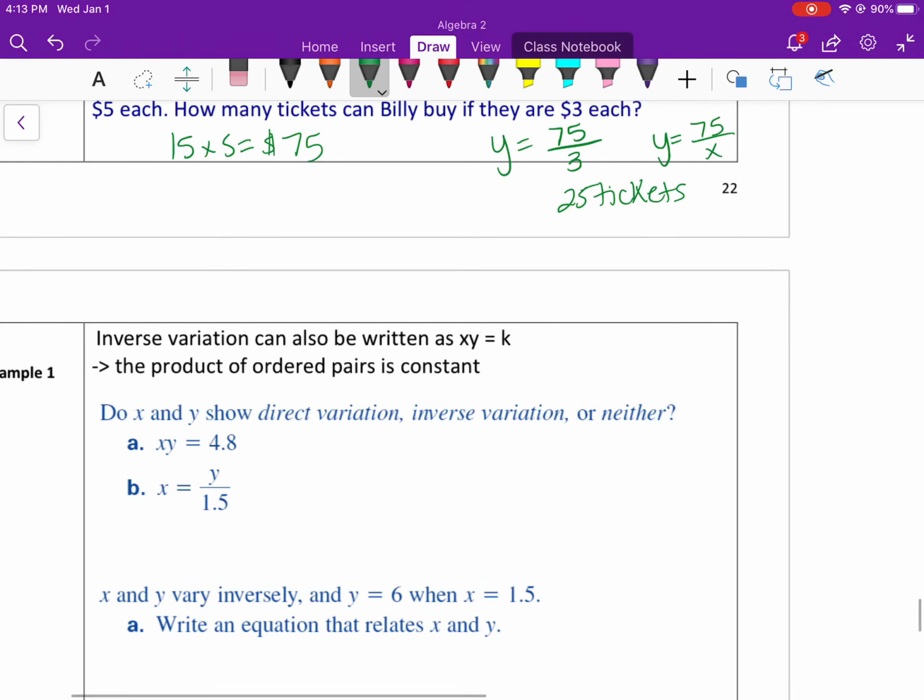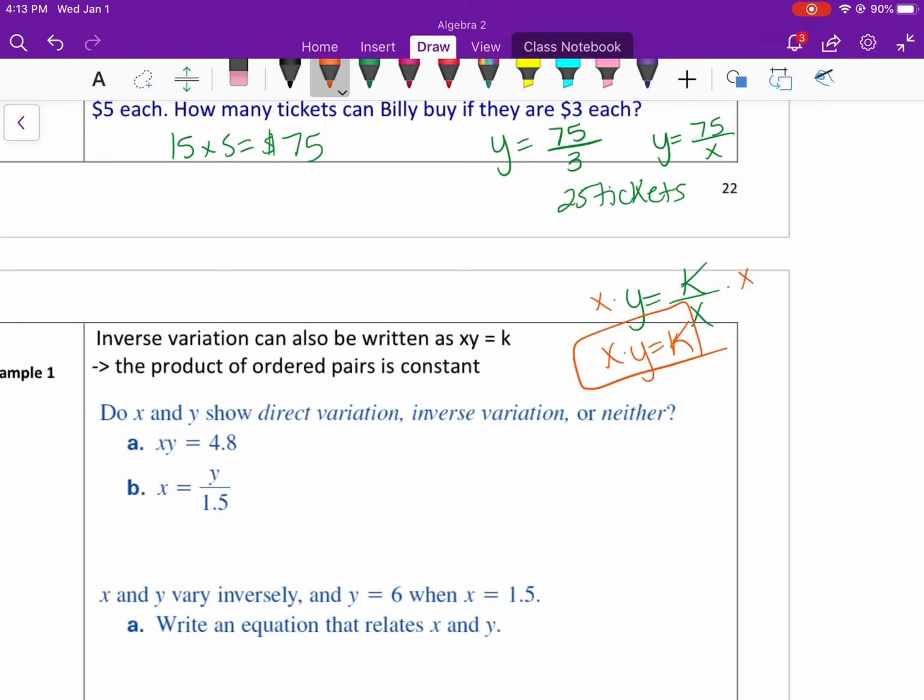Inverse variation can also be written as x times y equals k, because if you have y equals k divided by x and you multiply both sides by x, then you get x times y equals k. And we're going to use that idea a lot to solve for k for inverse variation. So just identifying it,